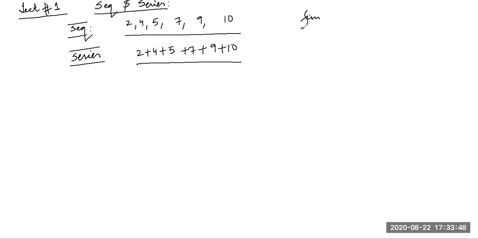Now, one more interesting thing: sometimes we're not able to really find any pattern, and as a result we cannot determine the next number, but there might be some complex pattern which we are not able to see in a sequence, right? Then comes the question, what is the difference between a sequence and